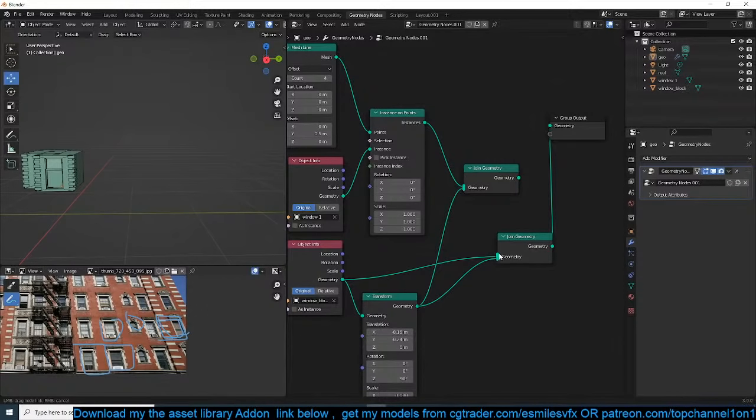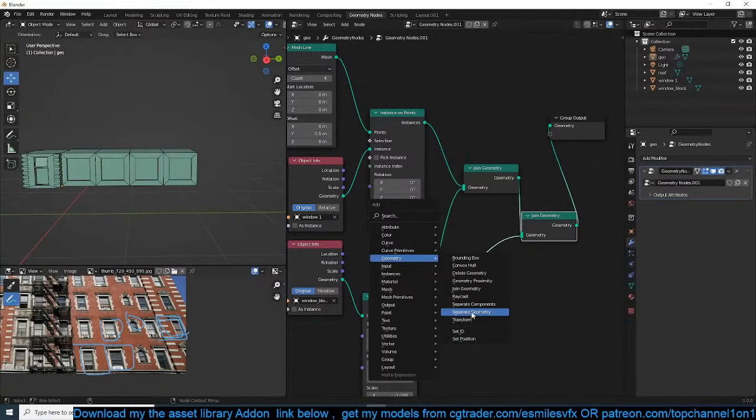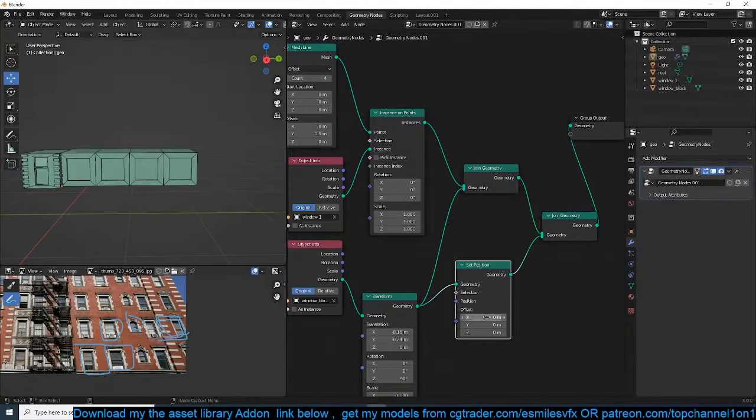Actually, this should be... Let me first preview this because it's much easier. We can have this and this. I want another one of these windows at the end here. So we just need to get a join geometry, bring in this, this and this, have it here, use a set position, geometry set position here, to adjust the position X